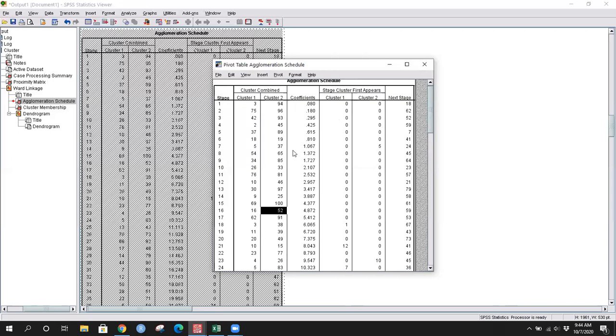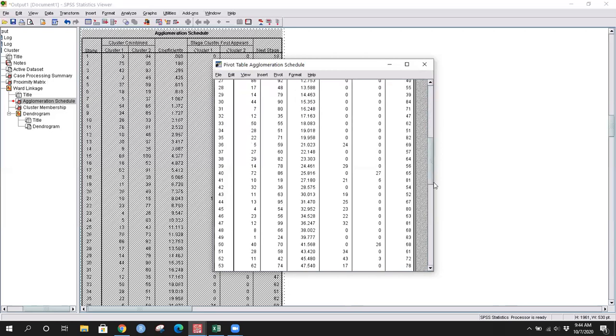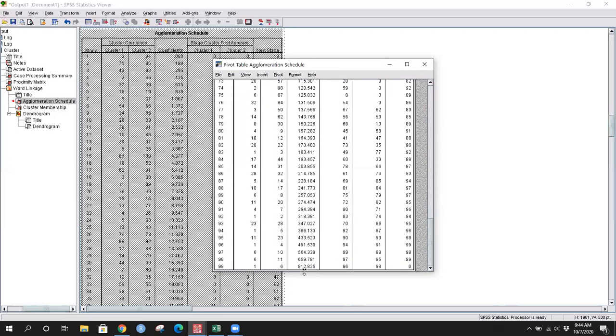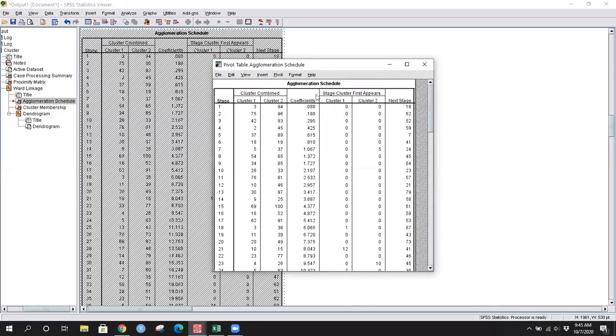So initially it starts combining people into clusters, and then finally it's going to end with a solution where every person becomes a part of that big cluster. तो ये जो आपका last stage होता है, इसमें सारे लोग एक cluster का part बन जाएंगे. Okay, तो आप देखोगे this is the highest number, and progressively this distance measure is actually increasing. Increase ही होगा ना, because progressively we're going to add more different people in one cluster, है ना? So that's how hierarchical cluster analysis works.